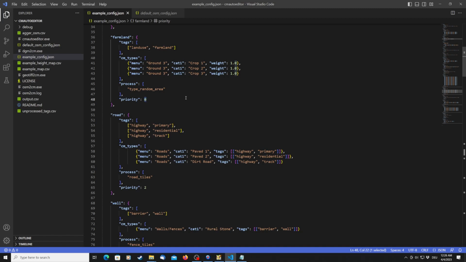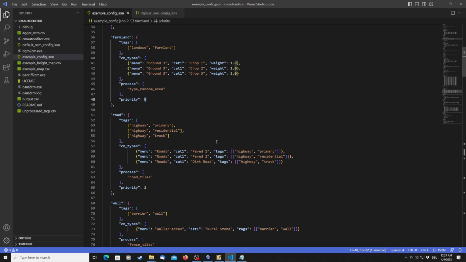From the CMAutoEditor side, if it doesn't work in Combat Mission, that's a different issue, and whatever gets painted last will win, of course. But from the CMAutoEditor side, it works out like that, and you can have roads and fields on the same tile, or same square. That's as it should be. Now,